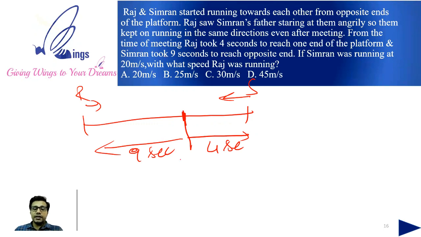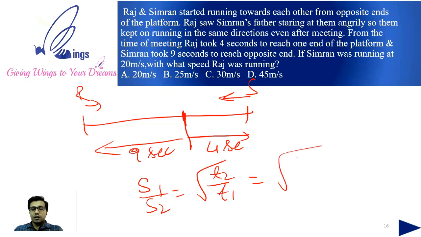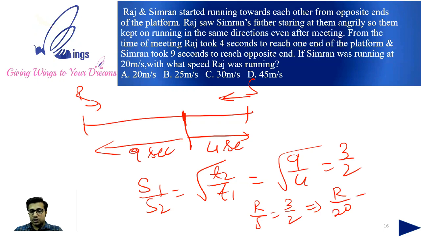So if the further journey time is given, in that case, S1 by S2 will be root under T2 by T1. Let's apply the values here. 9 by 4, we get 3 by 2. So Raj by Simran is 3 by 2. Here Simran's speed is 20. So Raj by 20 is equal to 3 by 2. After calculation, we'll get Raj's speed is equal to